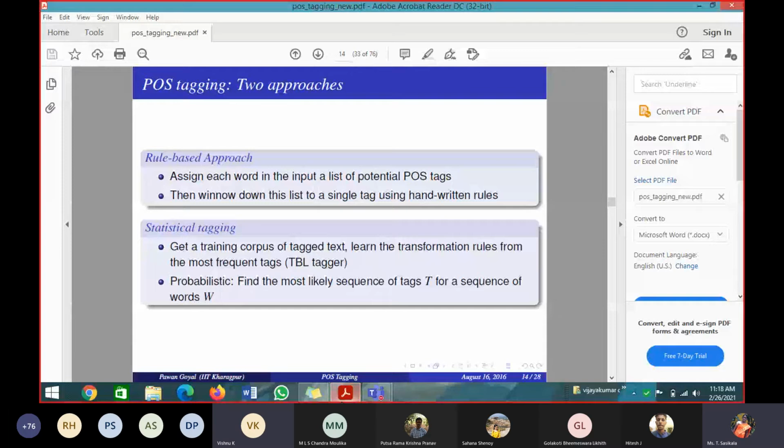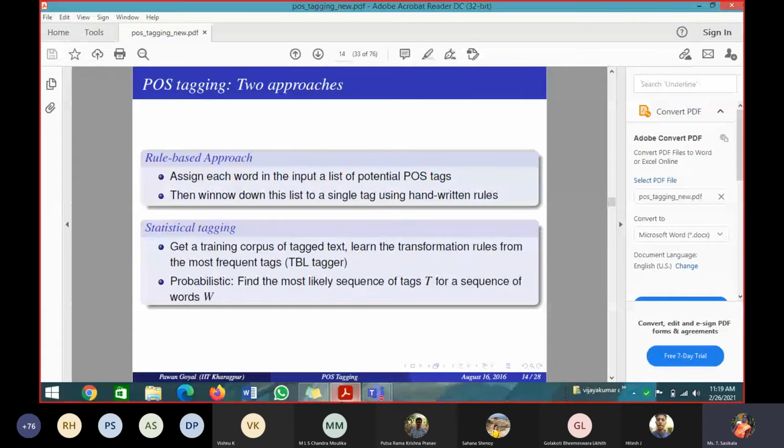Yeah, you have to write a rule. So if I have a word before a noun that is a determiner, then that word can be a noun. Possibly it can be a noun or an adjective. Then we have to see the next word, and based on that, I have to tell whether it is a noun or not. You have to frame a rule based on your context, how the data are appearing. That is called a rule-based approach.